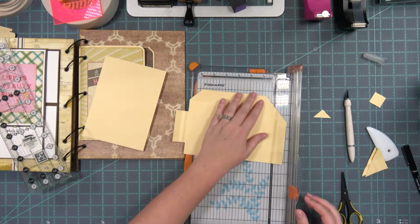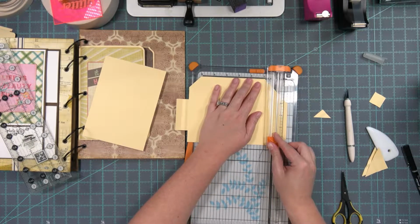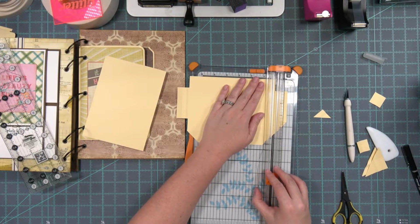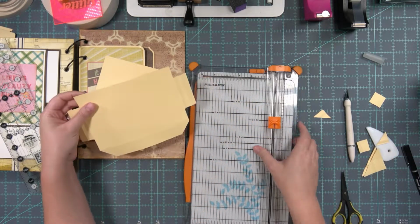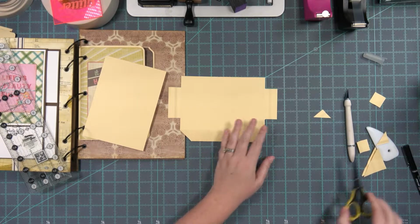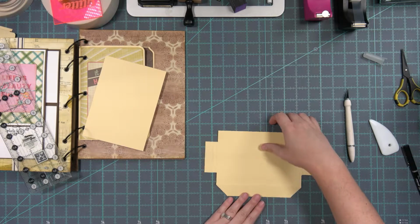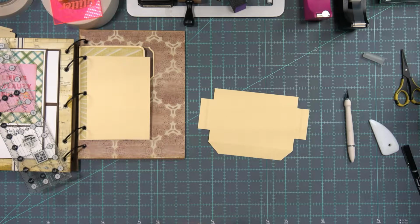Okay, so I'm going to do that again. All right, so now this has been prepped aside from tape and the magnet and punching the thing. So what we want to do is put our tape, so that's what's left. We have to put our tape, we have to add our magnet,